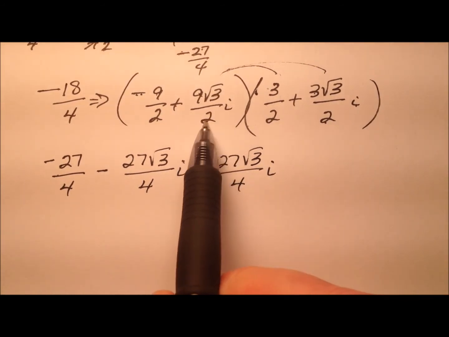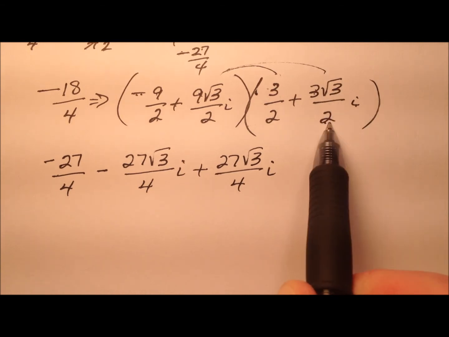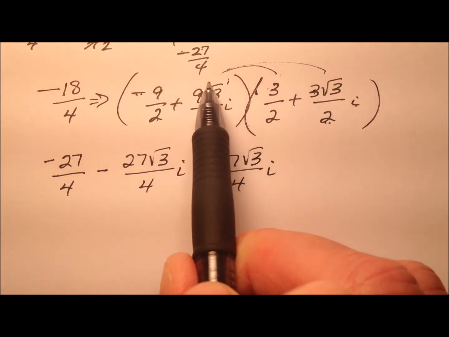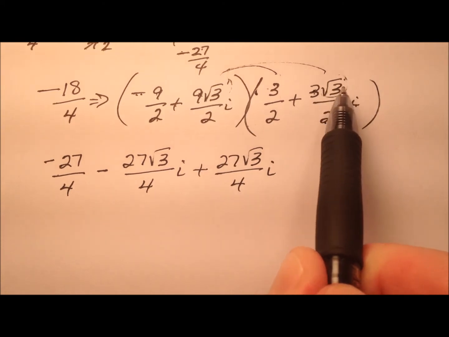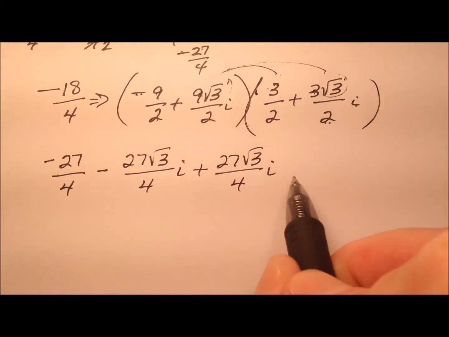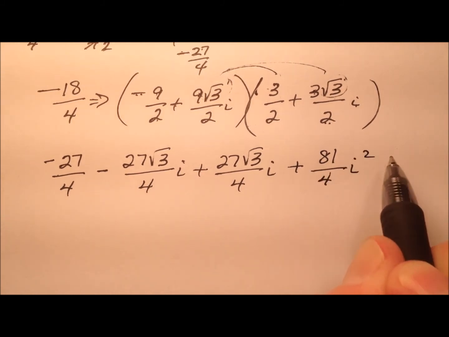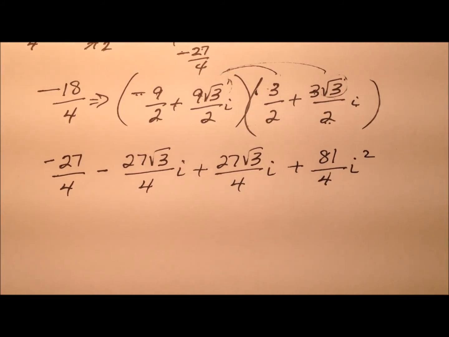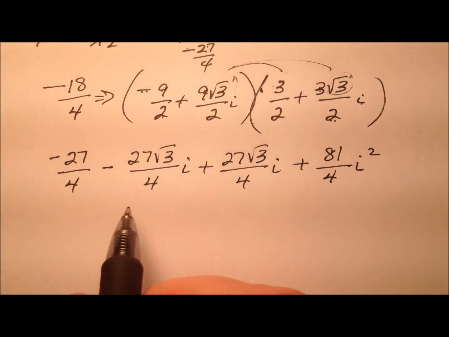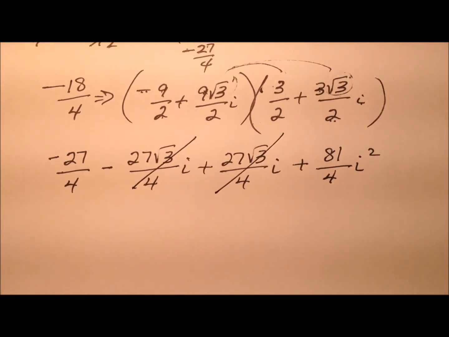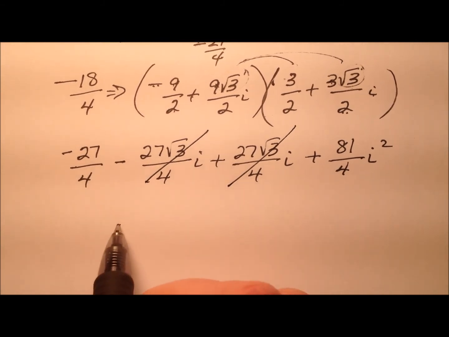And then 9 radical 3 over 2 times 3 radical 3 over 2. Well, the 9 times 3 is 27. Square root of 3 times square root of 3 is a real 3. So 27 times 3 is 81 over 4 i squared. But I know i squared is -1. And also what's nice, it looks like these two middle terms cancel out. So I have